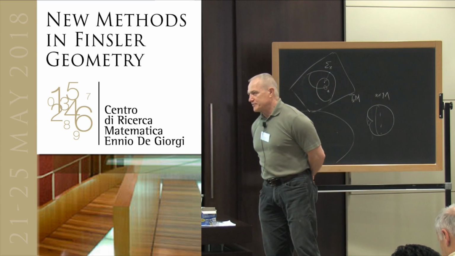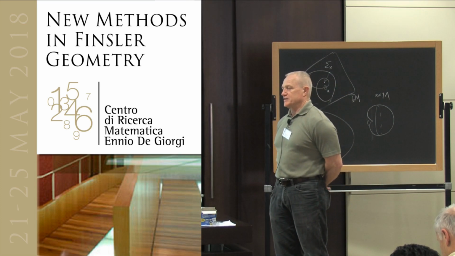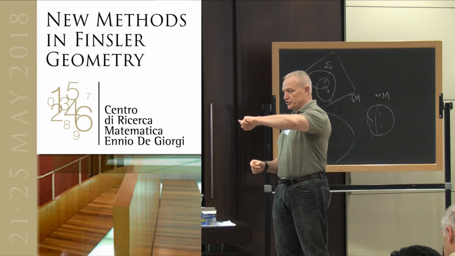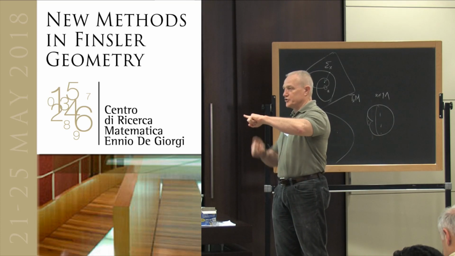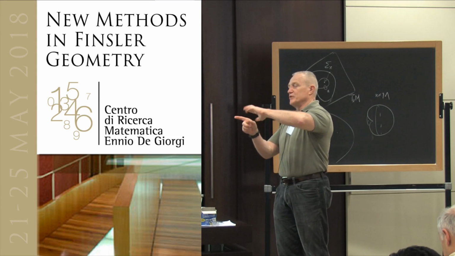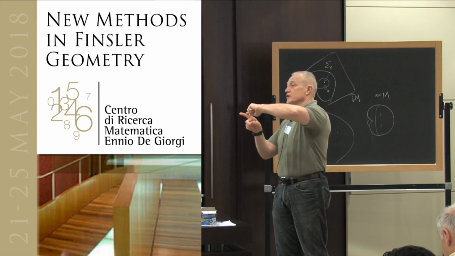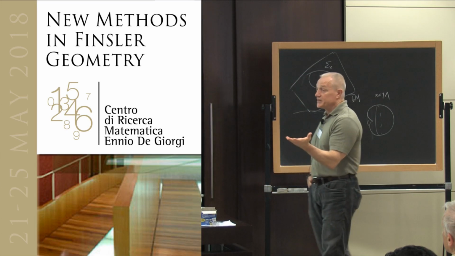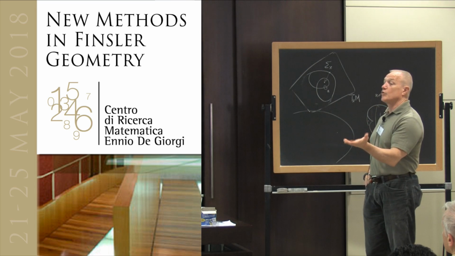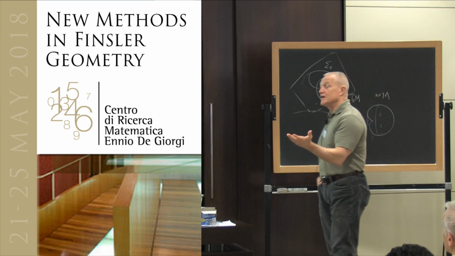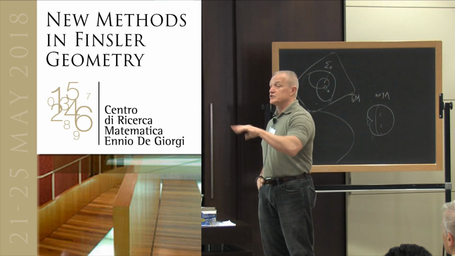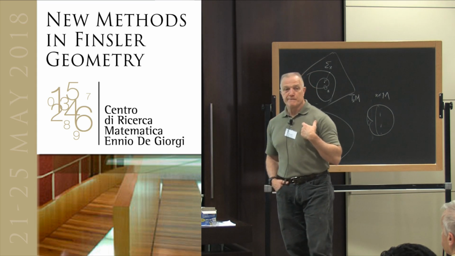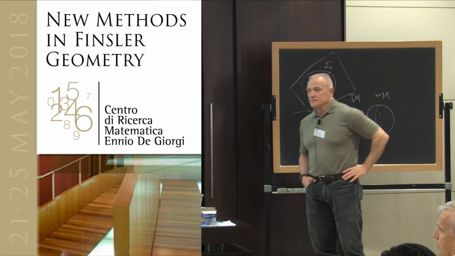There are various prescribed conditions you could ask. For example, in the surface case, the flag curvature depends on the direction, but you could ask that the flag curvature not depend on the direction, just depend on the 2-plane, right? And that's a weaker PDE than setting it to be constant. And we know how many solutions there are to that too. Okay. Right. Yeah. No other question? Thank you, guys.